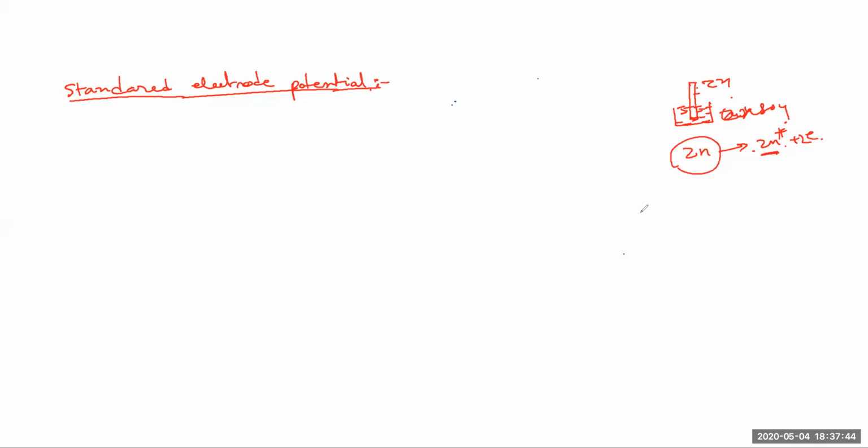What is the electrode potential? The concentration difference between the metal and its ion on a unit surface area of the electrode plate in the electrolytic cell is known as standard electrode potential at given conditions. At STP conditions, that is known as standard reduction potential. Take the definition of standard reduction potential.